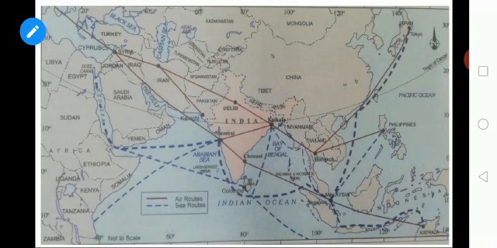Could you see a map which shows the sea route of India? So the dotted lines go from Mumbai to European countries through the Suez Canal. That is the thing that I said earlier. And you could see the sea routes with the dotted lines described here.